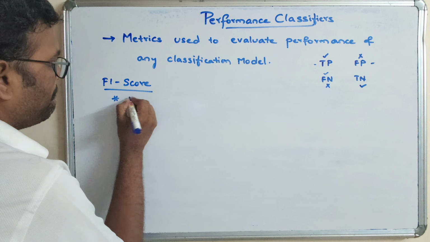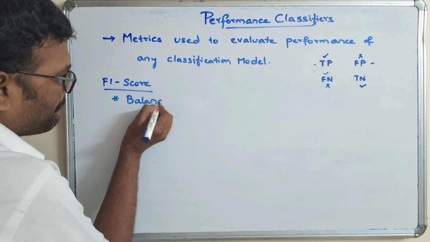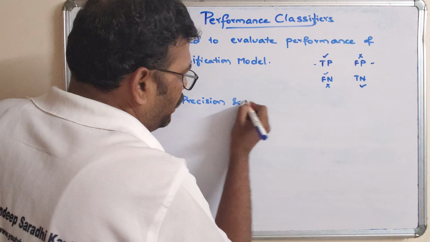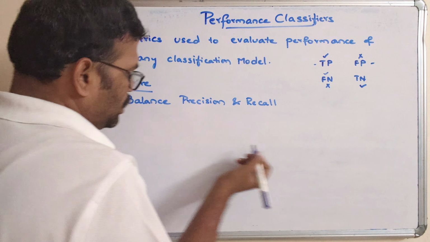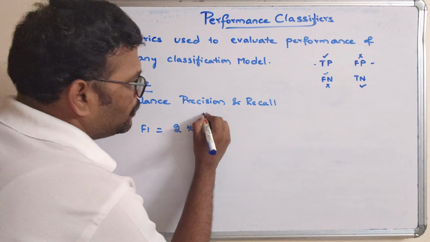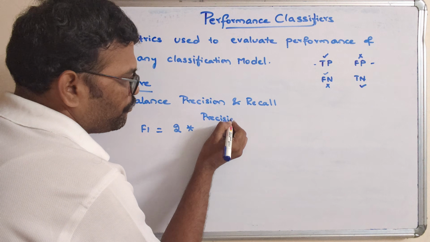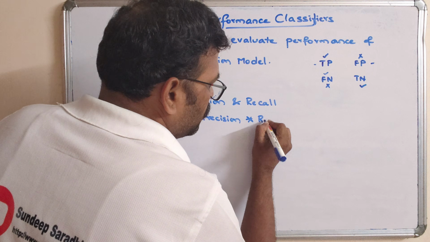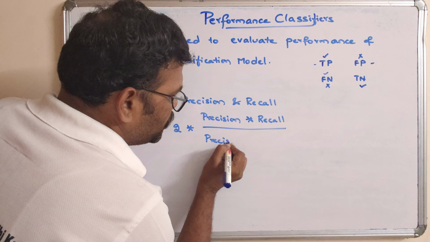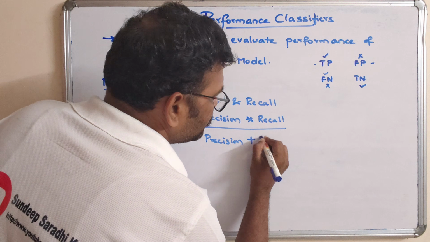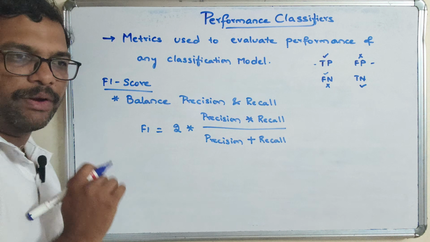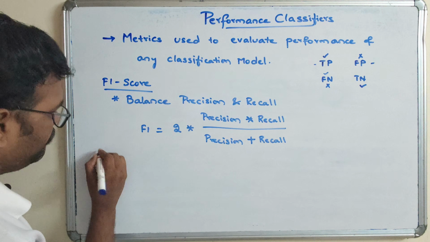In order to balance precision and recall, the formula is: F1-Score is equal to 2 into precision into recall divided by precision plus recall. So this balances both the precision and recall. These are one more metric. And the next one,